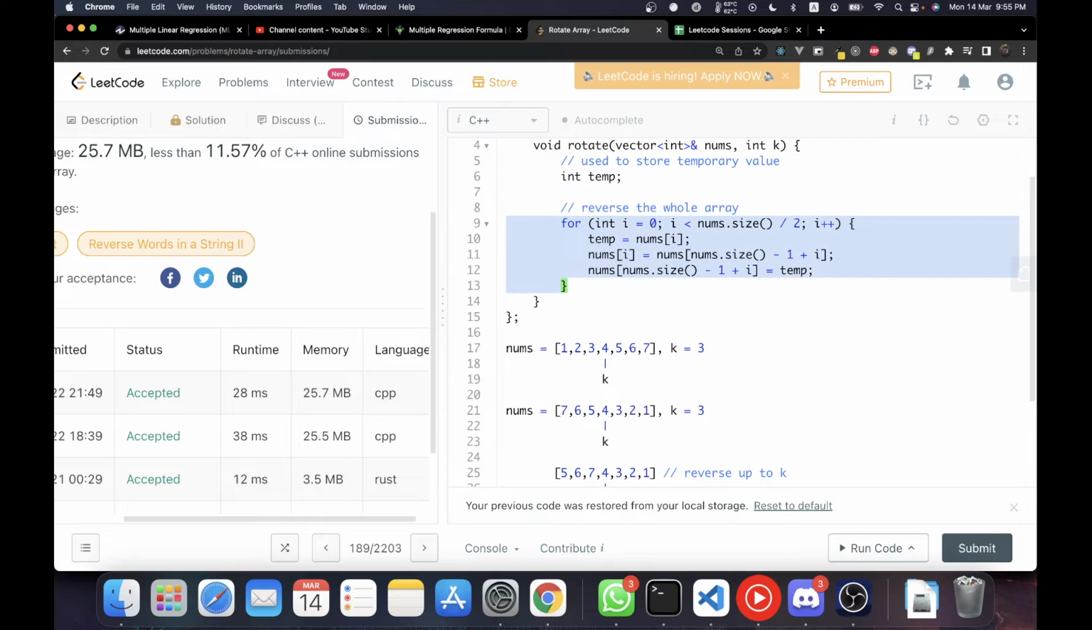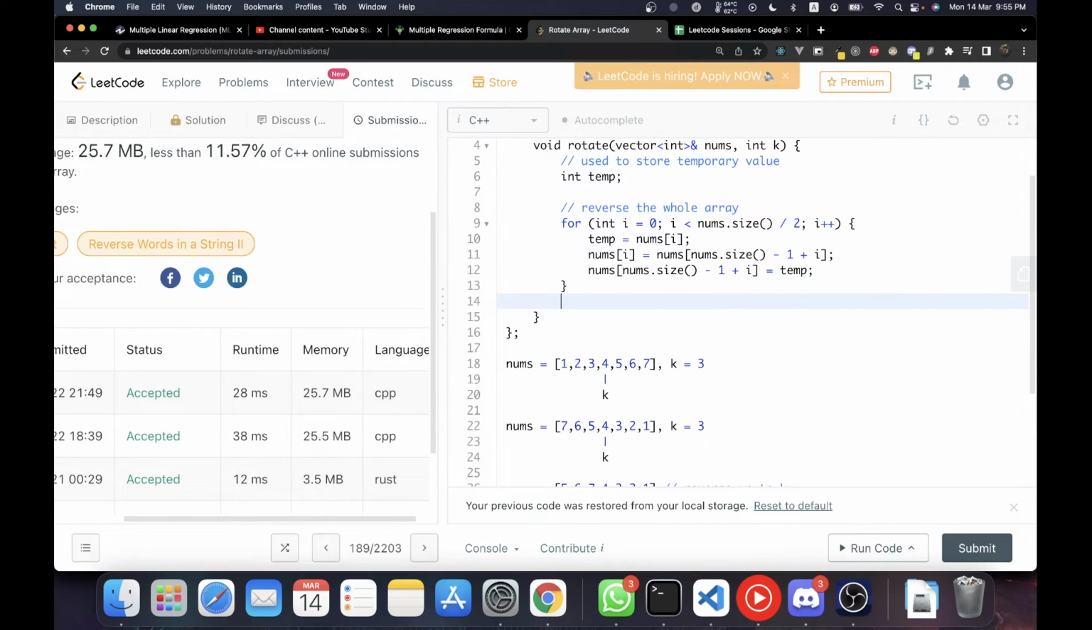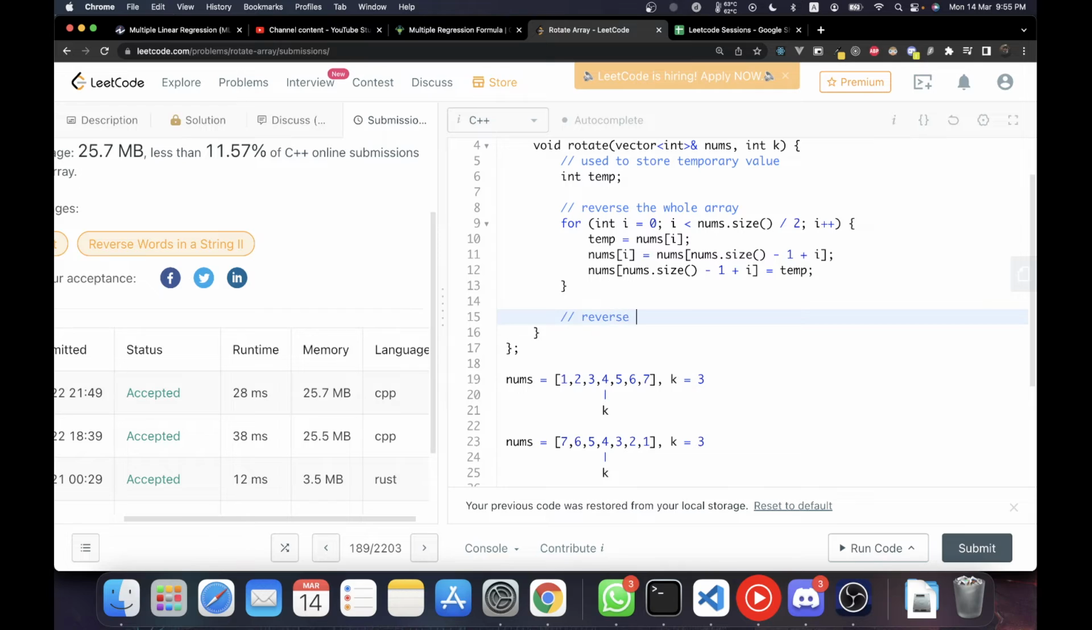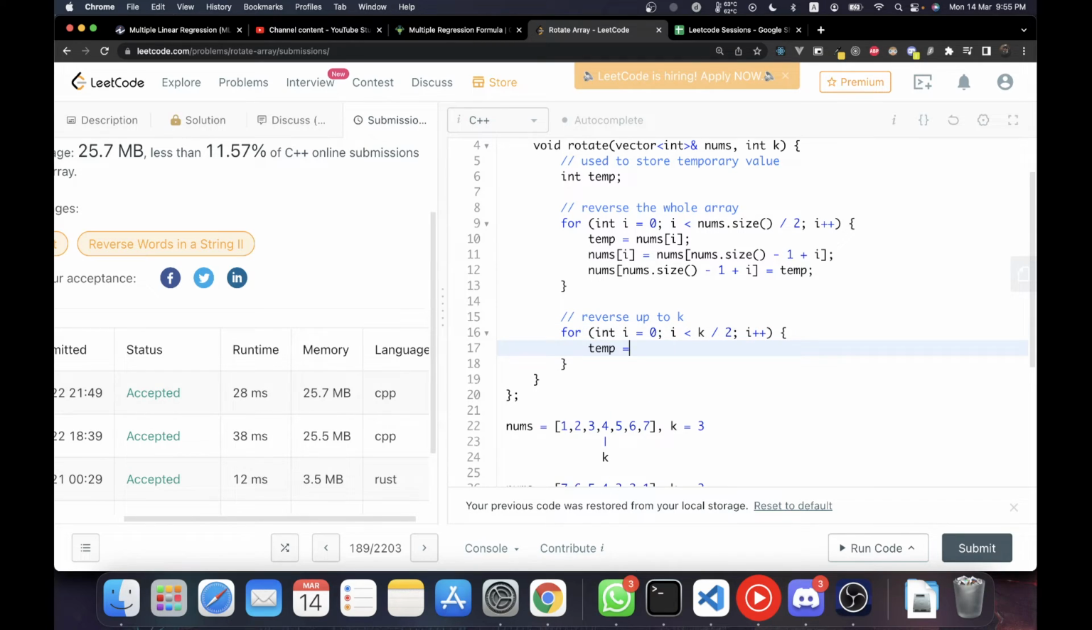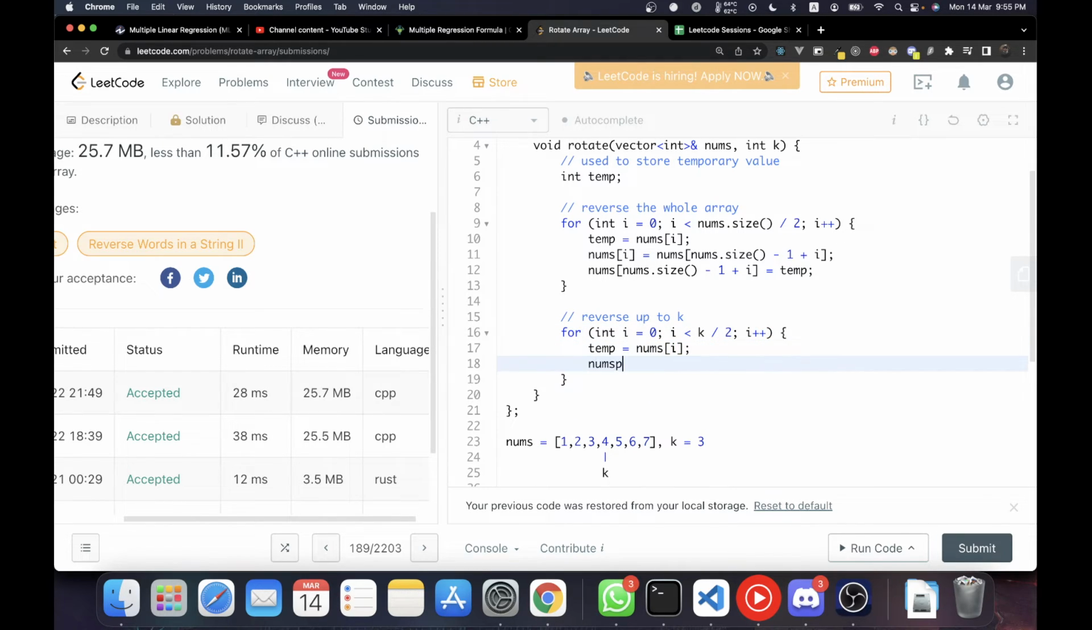So after doing this, we essentially just reverse the whole array, because 1 changes to 7, then 2, basically reverse the whole array in that sense. Then we have to reverse up to k. So let's just do this. Do it up to k, so k divided by 2, i plus plus. And we have to assign the temps also. Nums at i would be equals to nums at